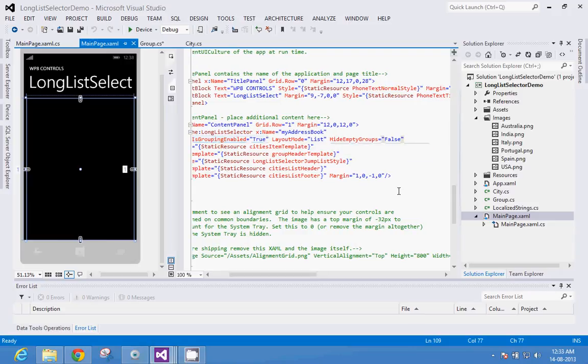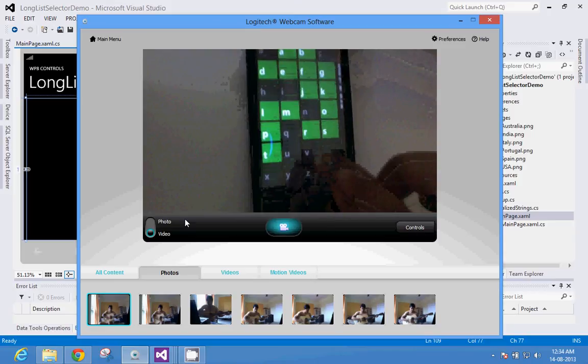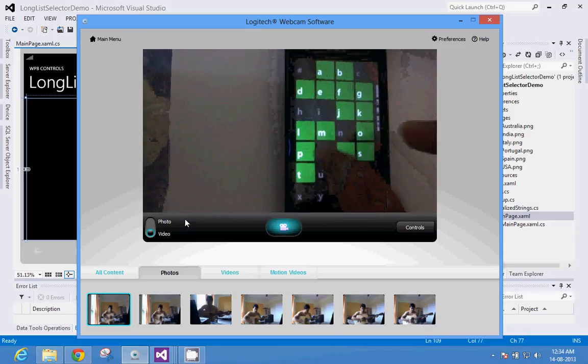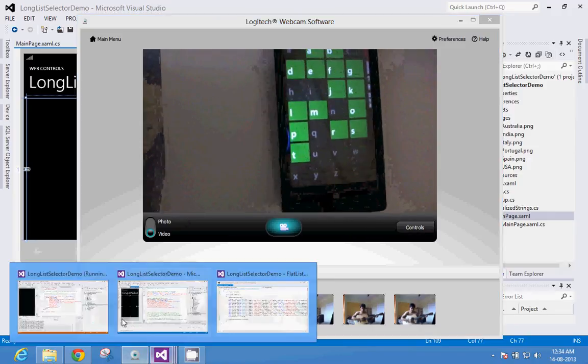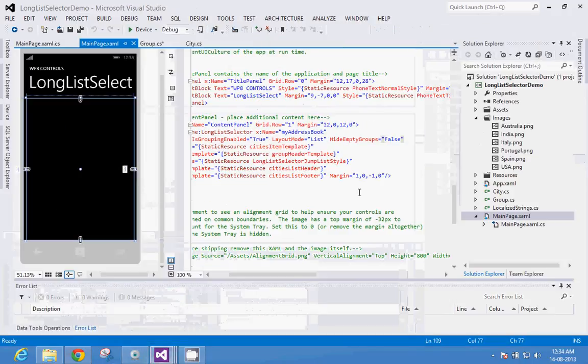But we have seen true, so they grayed out. When hide empty groups is equal to false, the groups for which there are no entries are simply not shown. In the earlier jump list, there were V, W, Q, U, N. These are the groups where there are no entries, so they are blacked out or grayed out. If that property is set to false, which property are we talking about? We are talking about this property, hide empty groups equal to false. So what happens is, these Q, H, I, N are not shown at all. Fine, so let's come back to code.